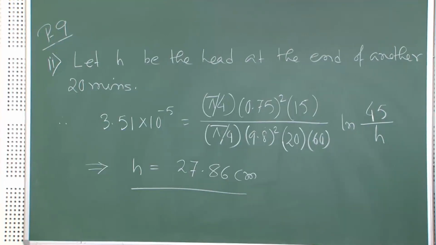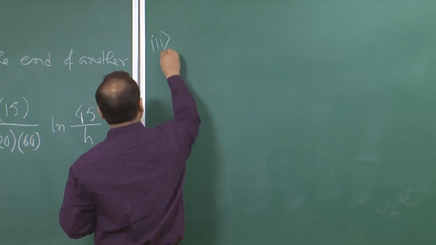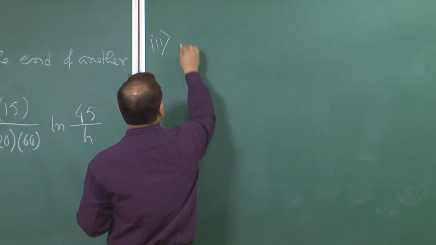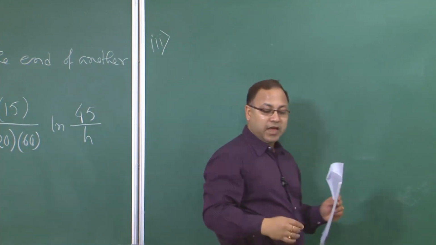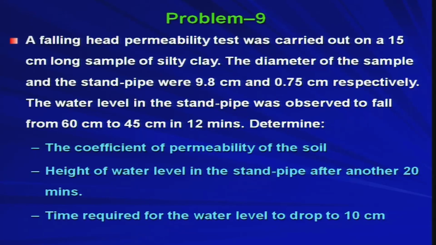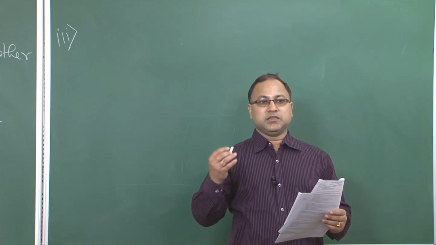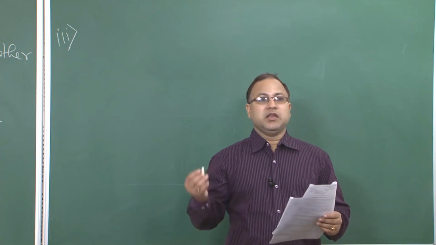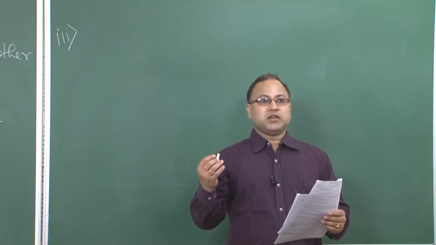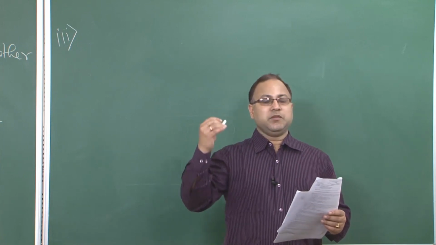Now, we will go to the third part. It asks for the time required for the water level to drop to 10 centimeter. That means, suppose you are starting from 45 centimeter, that is your initial height in the standpipe, and now you are allowing the water level in the standpipe to fall